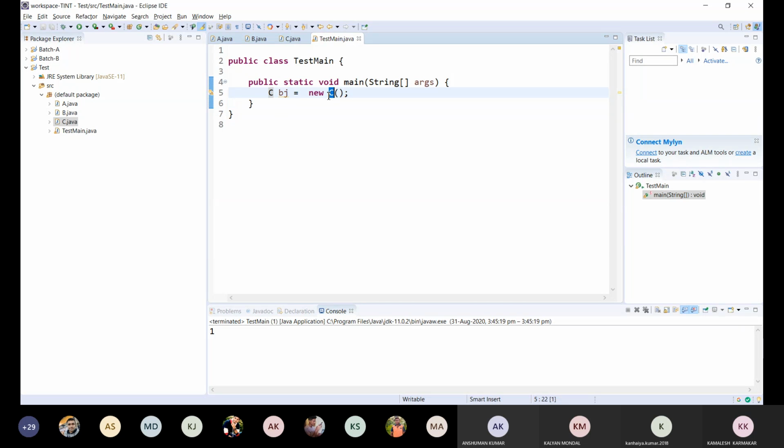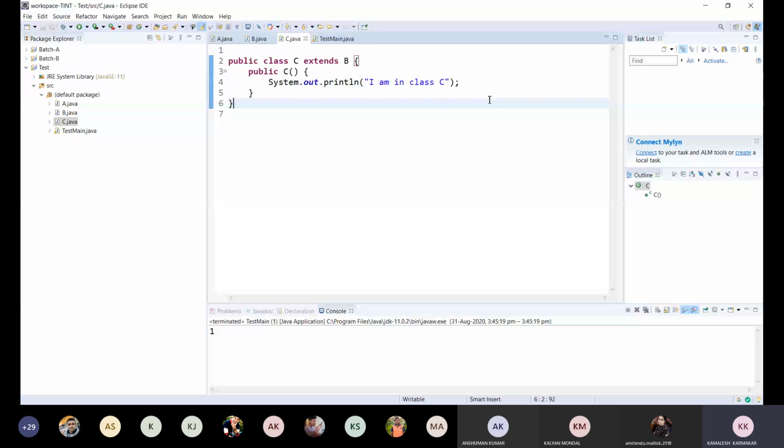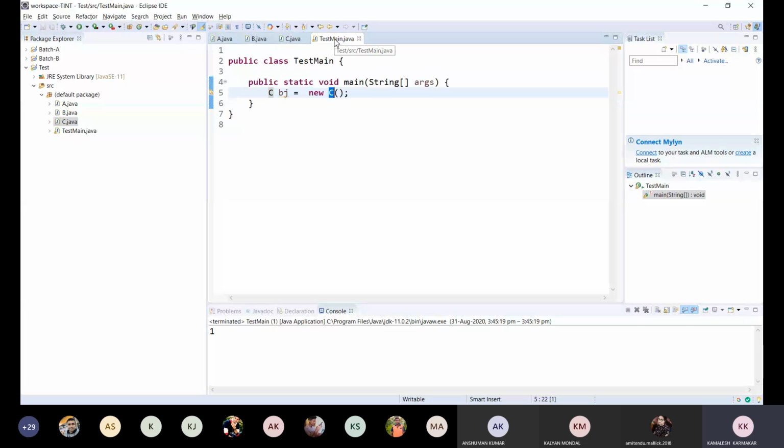Hello? C constructor will work. So what will be the message in C constructor? The message is I am in class C. So what will be the output if I run this program?